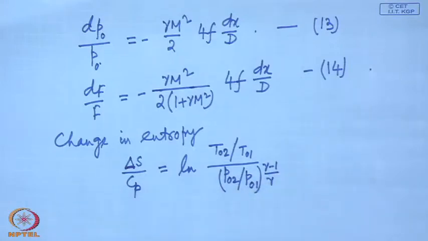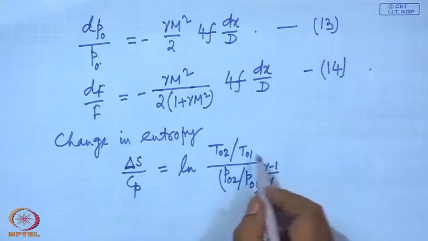Since we are considering adiabatic flow in this case, T 02 by T 01 is 1, that is there is no change in total temperature, and consequently